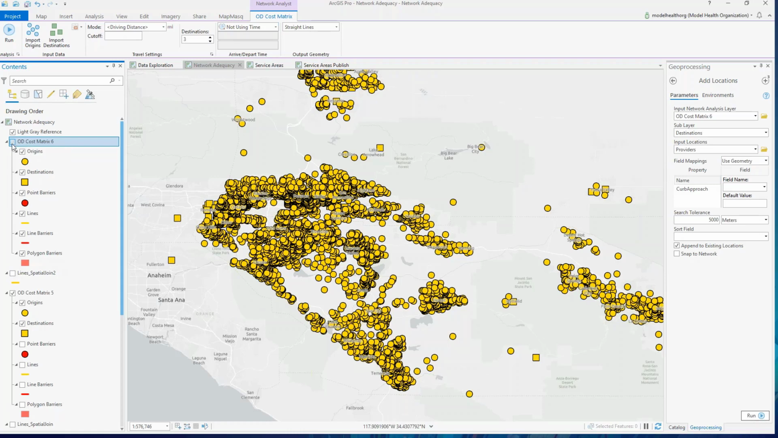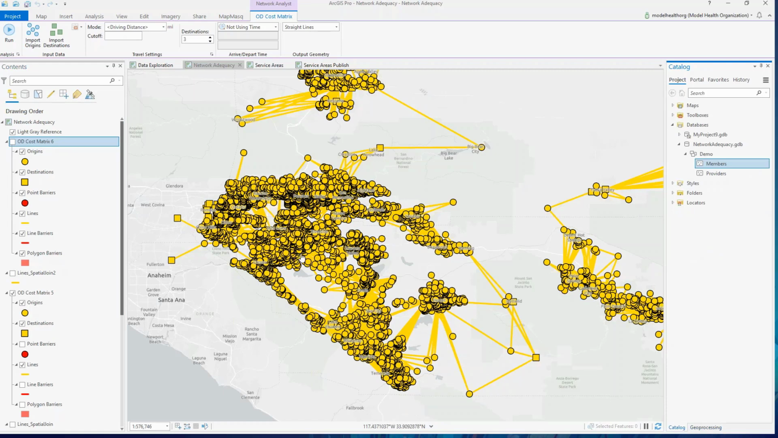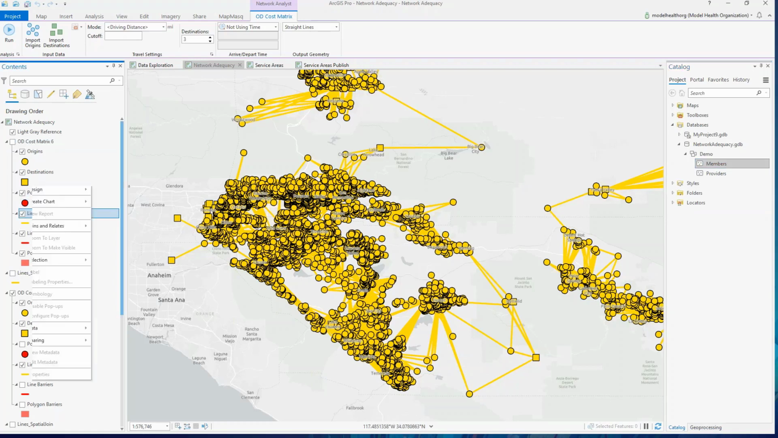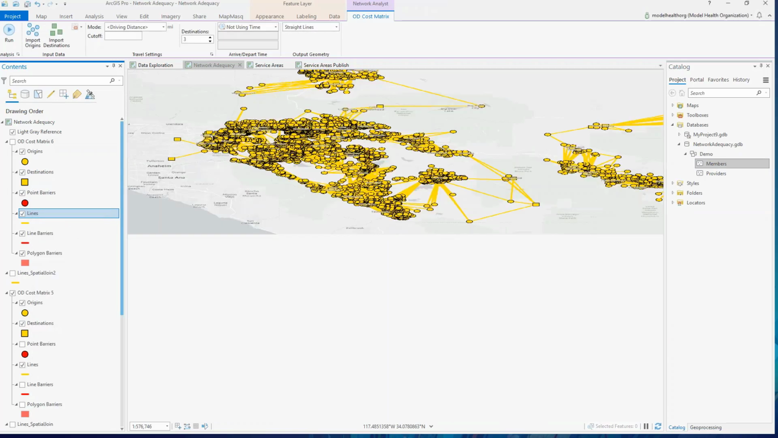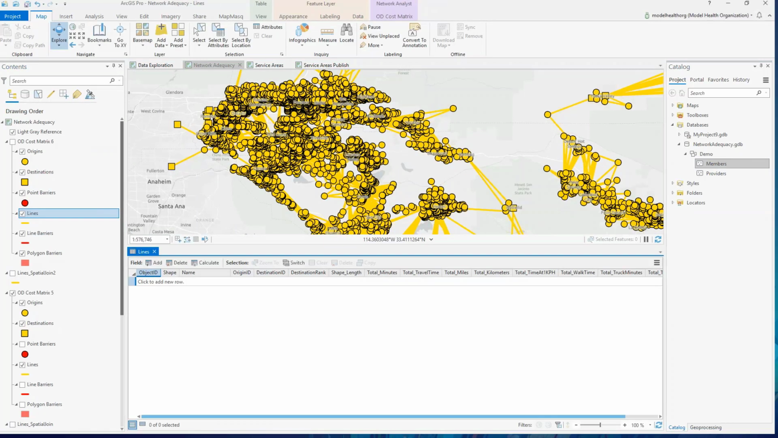The results of that analysis are these lines that go from each one of my providers to each one of my members. And here, if we explore this a little bit more, let's pull this information up in my lines layer here, which is my result. All right, so now I can see in my line table. Oh, I forgot, I have to click on the other one. So if I go in here to my lines table where I already ran that analysis,